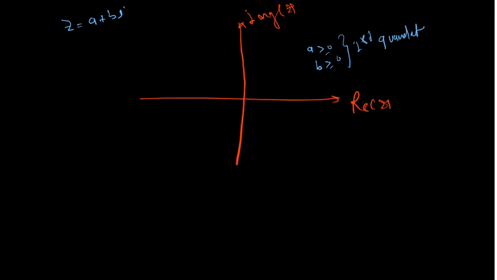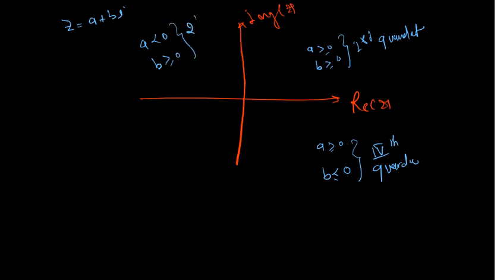And if a is greater than 0 and b is less than 0, then it will lie in the fourth quadrant. If a is less than 0 and b is greater than or equal to 0, then it will lie in the second quadrant. And if a is less than 0 and b is also less than 0, then it will lie in the third